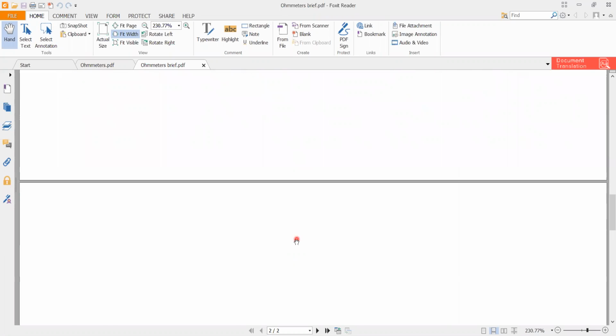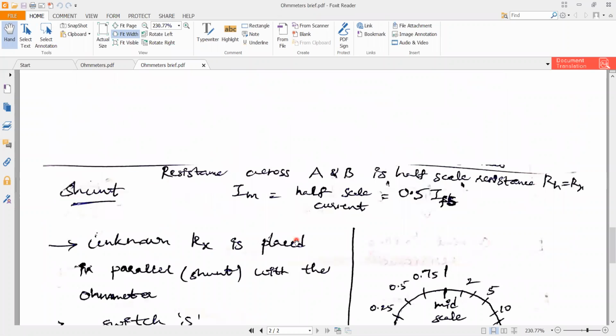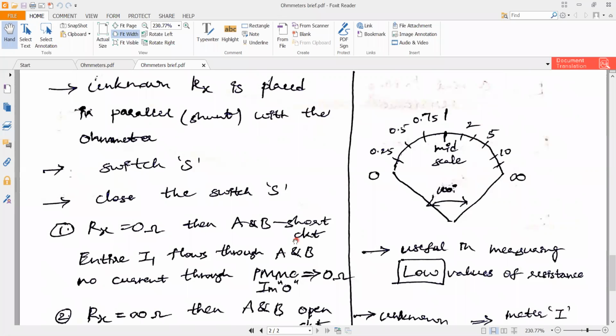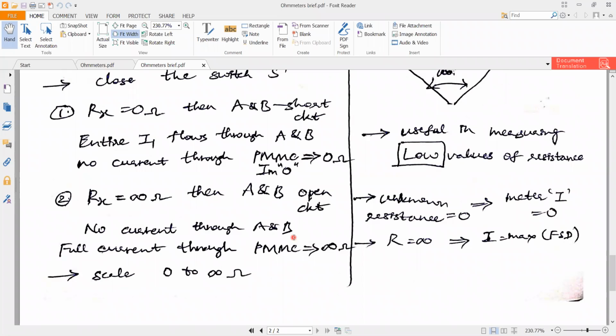Whereas in the shunt type of ohm meter, one switch is going to be placed. Whenever the entire circuit is going to be operated, the switch is going to be closed. Whenever the entire apparatus is not in use, that switch is going to be open. Like that, here also two resistors are going to be placed. That is Rx is equal to 0 ohm, that is, I am giving the PMMC meter null deflection here, that is, current is also 0, whereas Rx is infinity, that is the maximum amount of resistance, then the PMMC meter gets full scale deflection current.